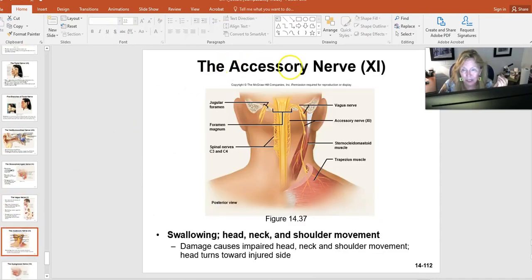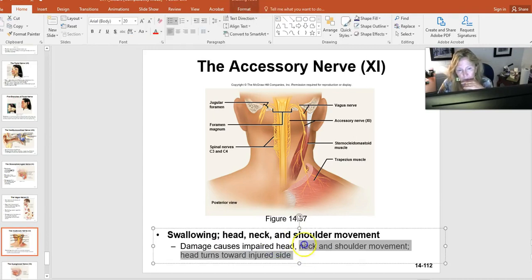The accessory nerve, this is a very superficial nerve to the sternocleidomastoid. You all had this in the trapezius. This is going to be head and neck, shoulder movement, swallowing as well though. So damage, typically when this is such a superficial nerve, if there's damage to this, there's going to be pulling to that side. And sometimes that is not correctable when there's been damage to the